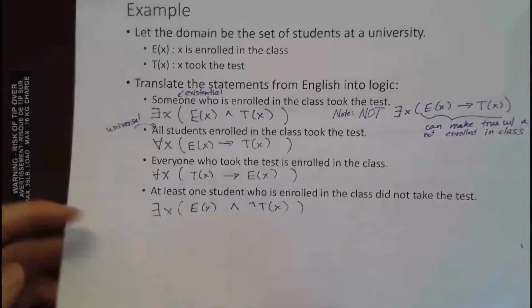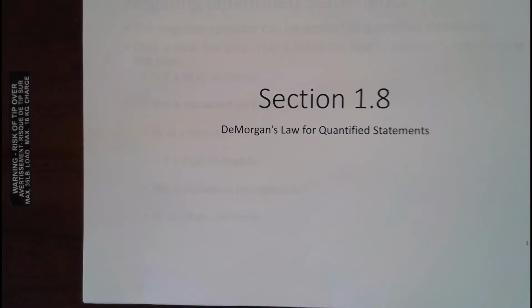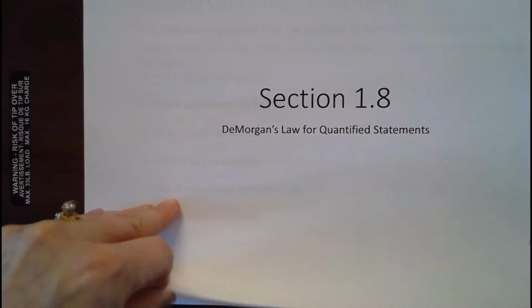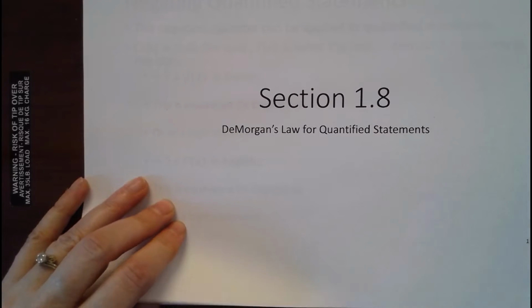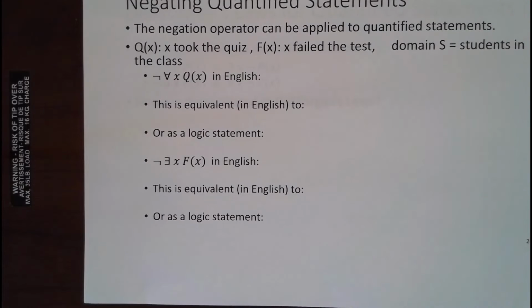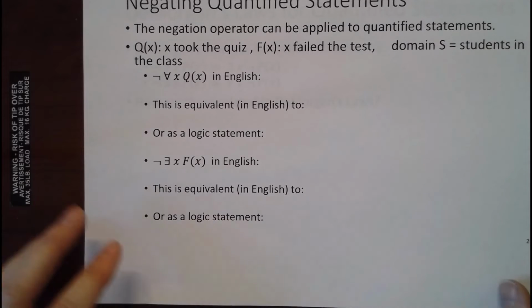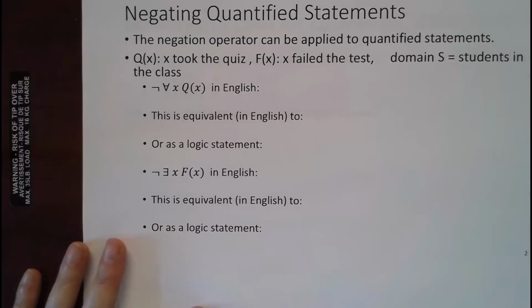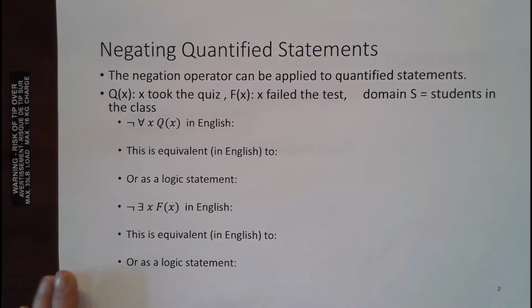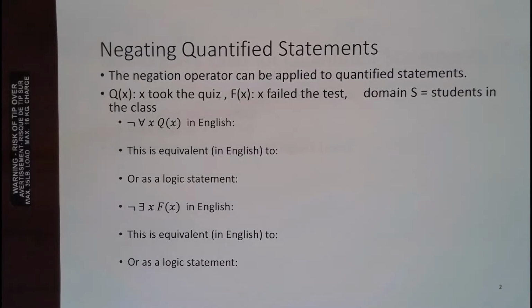Okay. All right. So, we have these quantified statements, and De Morgan shows up again. So we can use De Morgan to write the negation of quantified statements. We'll start out by looking at an English example, and then we'll just go to all symbols. If you have a quantified statement, it's a proposition, and you can write the negation of that proposition. Sometimes in English, when you negate a statement, it gets a little bit strange, like you reword things when you negate them.